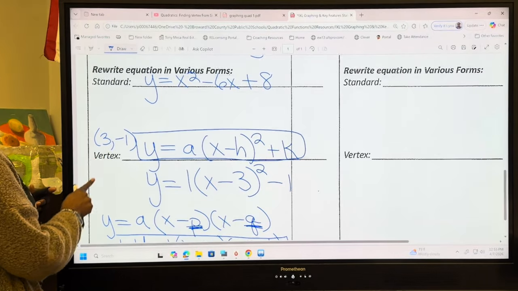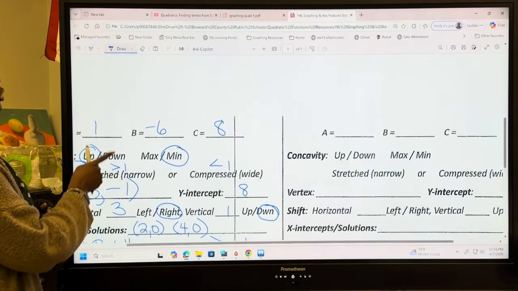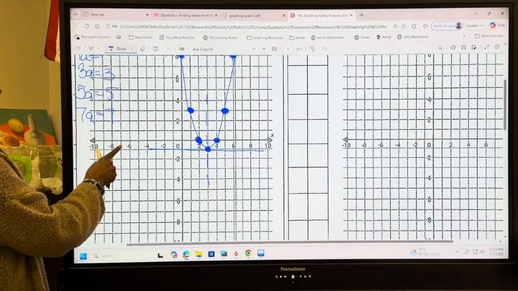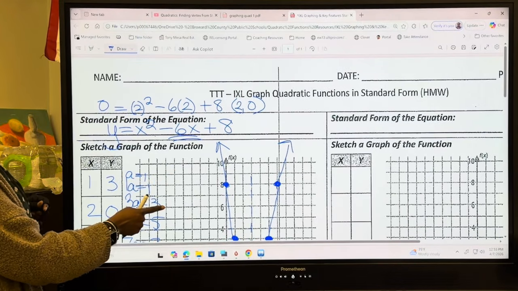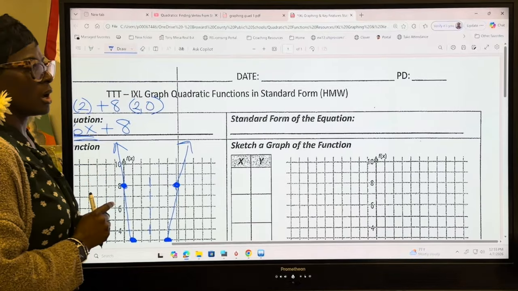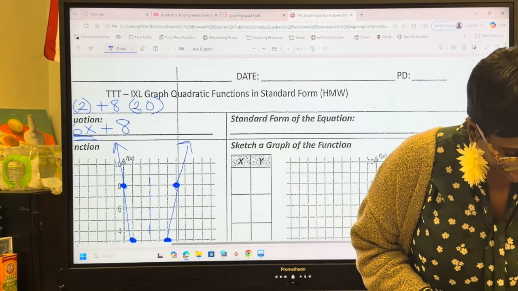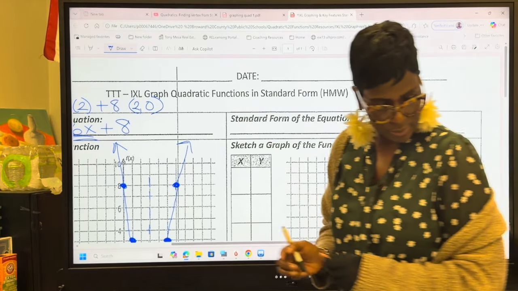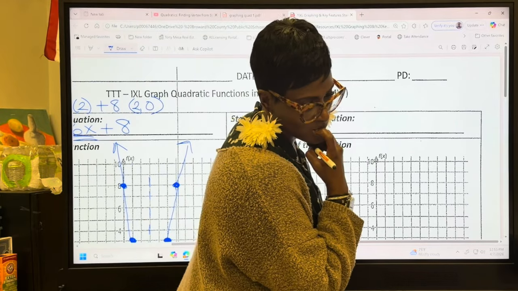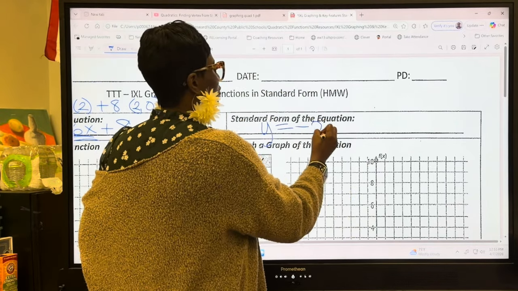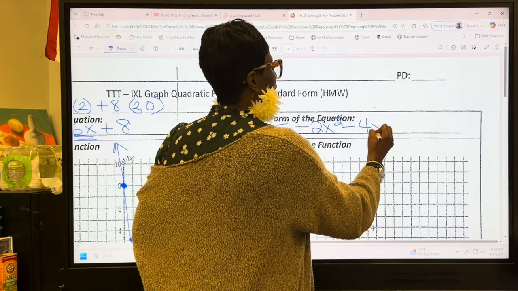No? All right. So I know we only have a few minutes, but I'm going to give you a problem, and I want you to work on it. Everybody got it? You're going to graph it as the second one on your paper. I'm going to give you that problem. The problem is y equals negative 2x squared minus 4x plus